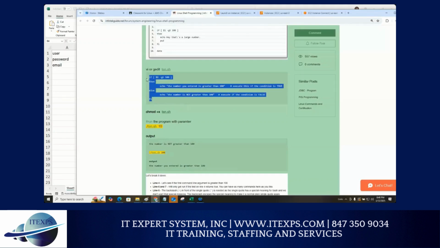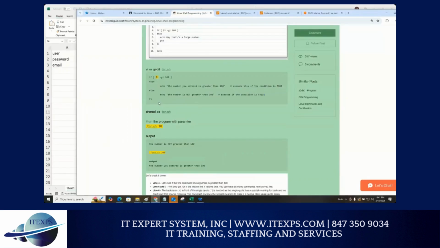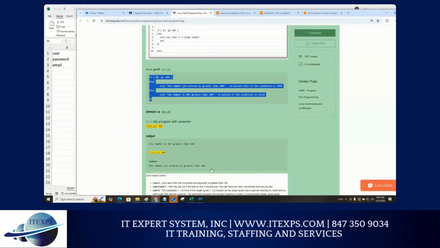Copy this program so we can avoid typing. We're going to highlight it and copy this program. Please copy this program, Control C. After you copy,